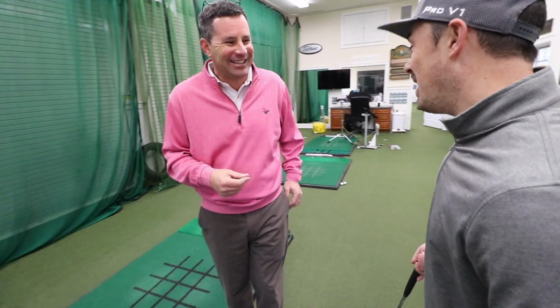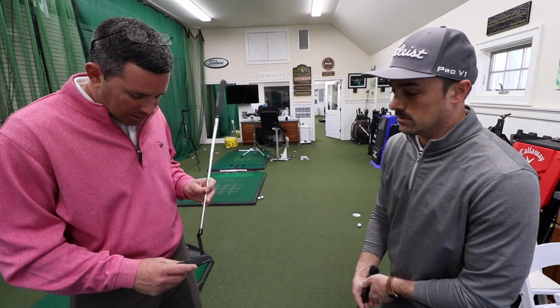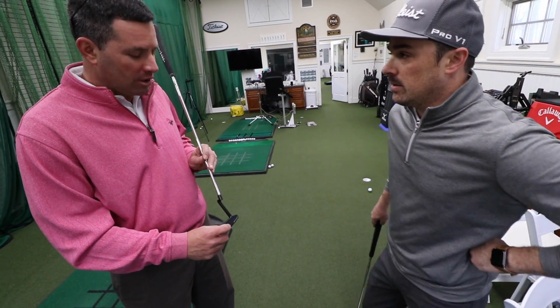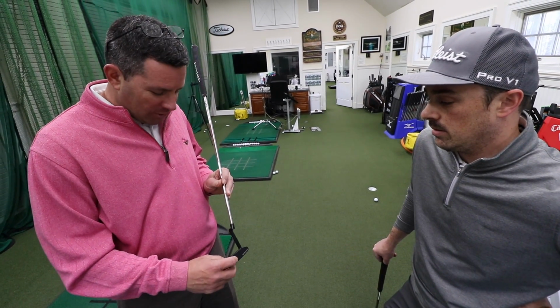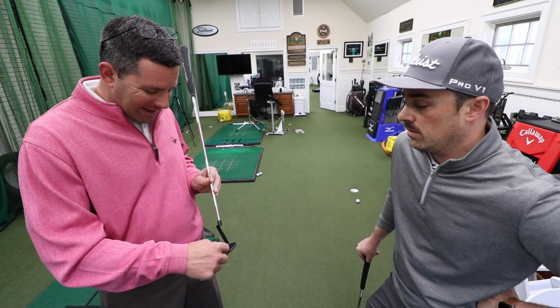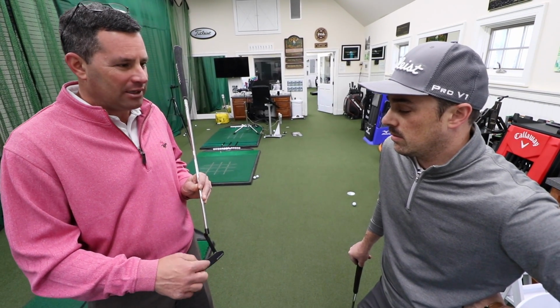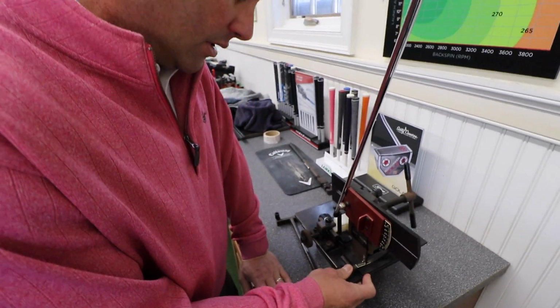So you consistently get it wrong, but your takeaway was consistent, so if it's consistent, don't necessarily change it. And that's the thing about face roll impact. You were talking about how you kept hitting it off center. That's fine. As long as you do it the same way, then it's easy to adjust speed. If you're all over the face, then it's hard to know if you're going to hit it long or short. So you don't have to hit it in the center every time. You just want to hit it in the same place every time. Gotcha. So saying 33.5,